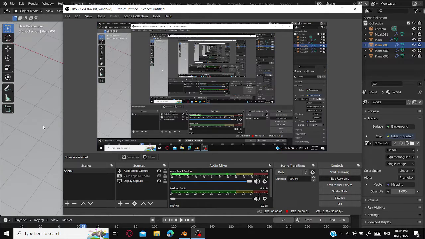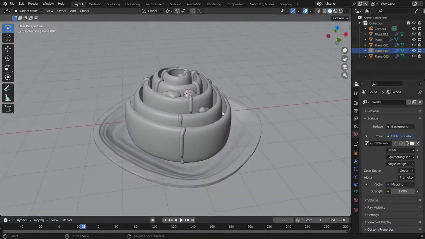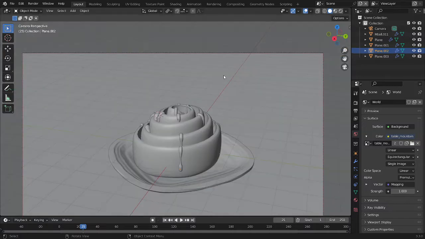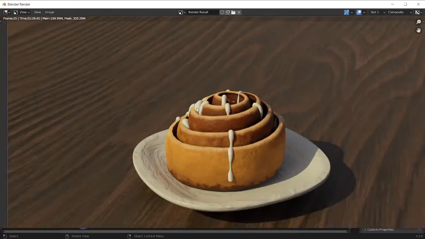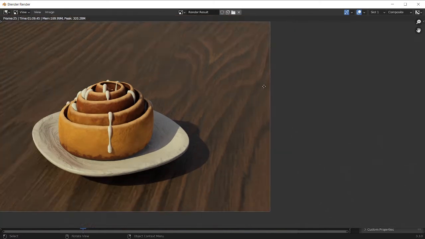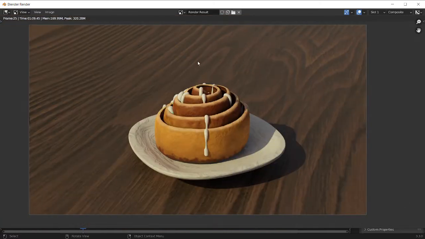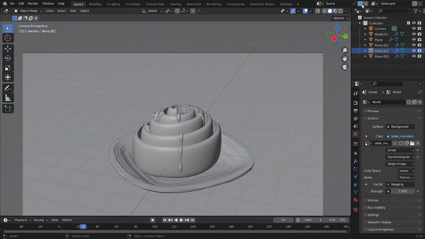Hi, so today I'm going to be showing you how you can make this cinnamon roll in Blender. This is what it looks like in render mode. All these textures are done procedurally except this wood over here, which is just an image texture. So let's go. I'm gonna create a new scene